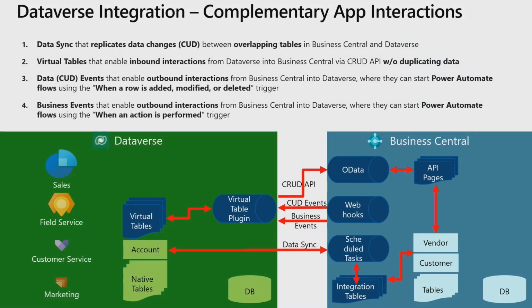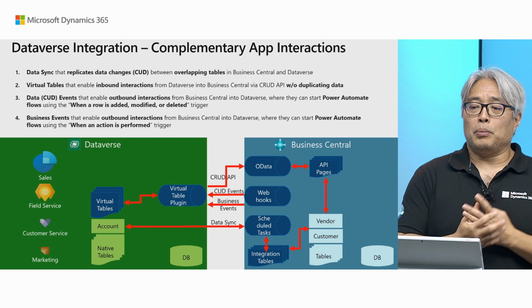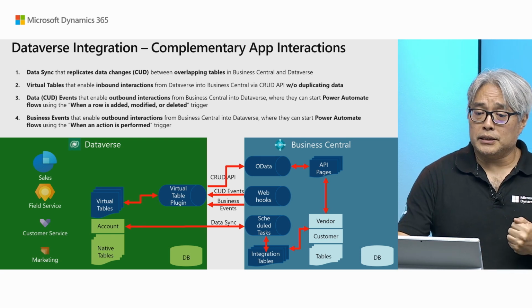So in this case, it's called business event. And this business event can actually trigger Power Automate flows, using the "when an action is performed" trigger on the Dataverse side. So the improvement on those 4 complementary app interactions that come with this release are, for example,